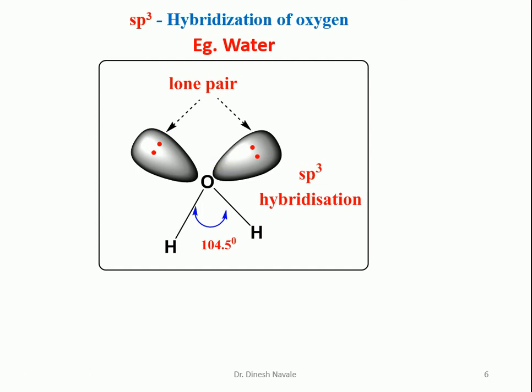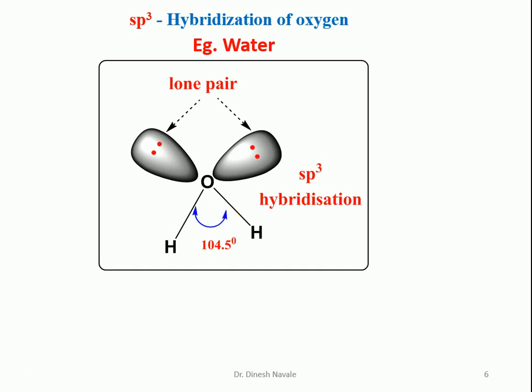So that's why out of the 4 sp3 orbitals, 2 orbitals will contain lone pairs and 2 orbitals will form the bonds with the hydrogen atoms. As the hybridization of the oxygen atom is sp3, the bond angle is expected to be 109.5 degrees. But due to the presence of the 2 lone pairs of electrons, there is a lone pair interaction between the 2 lone pairs,